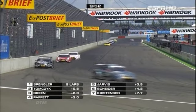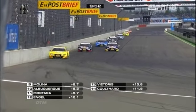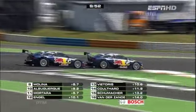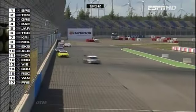So it's Spengler, Tomczyk, Green, Paffett, Jarvis, Scheider, Christensen, and Ekstrom occupying the top 8 positions, as we see a move there, and a very, very good move indeed from Molina. And right now, let's cross live to the pit lane and find out exactly what has happened with regards to